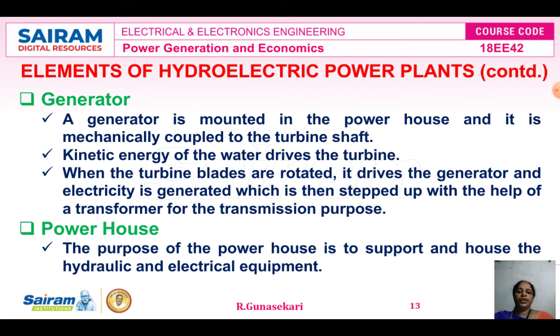The surge tank is very important. After that you can remember the valve house, forebay, spillway, and trash rack. But the important elements of the hydroelectric power plant, once again I tell you, keep in your mind: reservoir, dam, then surge tank, penstock, turbine, generator, powerhouse, and then transformer, then transmission tower. These are very important.